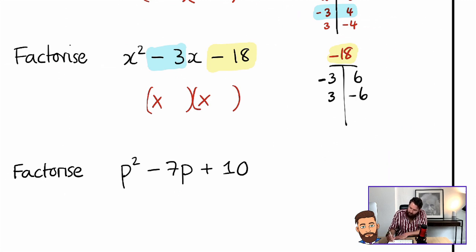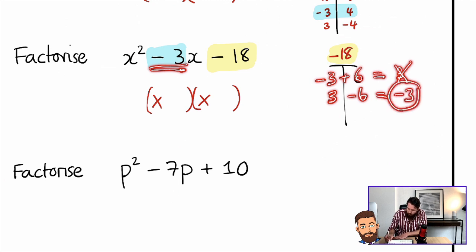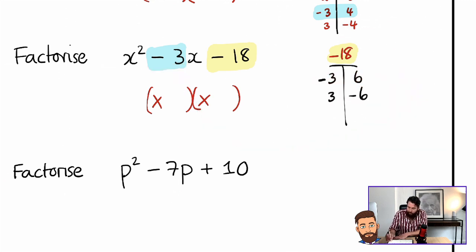Let's just check these. What is -3 add 6? That would give me +3. So it can't be that one, because I need -3. What would 3 take away 6 be? 3 minus 6 would give me -3. Oh, that's good, because b is -3. So we found our factors there,